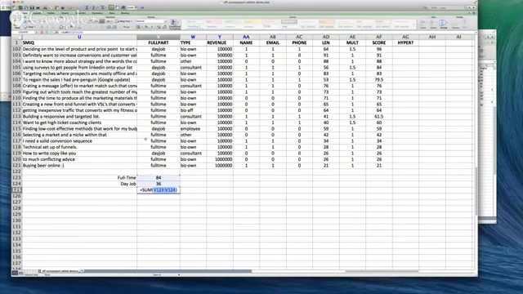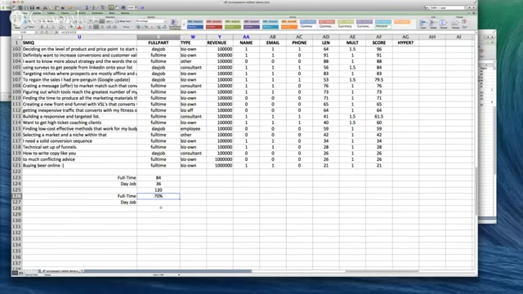a sum function. And there are different ways to do this. I'm just doing it the way I do it. It's not necessarily the best one, but it's kind of the way I do it. I'm going to copy and paste these results here, and I'm basically just going to do a simple function, equals this divided by this, and I'm going to click the percentage button in the header, and then I'm going to do the same thing, equals this divided by this, and make that a percentage, and